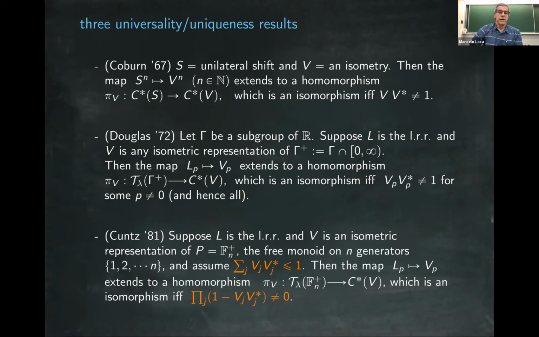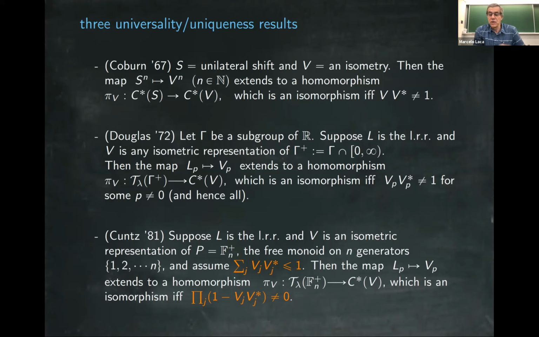Another such universality uniqueness result is Douglas's theorem from the early 70s, which is if you have a subgroup of R and you take the positive cone, so the positive elements in a subgroup of R, and then you take again the left regular representation and then any other representation by isometries of that semigroup gamma plus, then that map extends to a homomorphism from the left regular C-star algebra to the C-star algebra generated by the new representation. And that homomorphism is an isomorphism provided, or if and only if, the new isometries are not